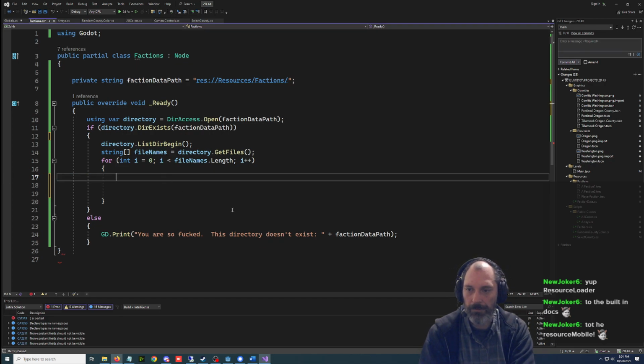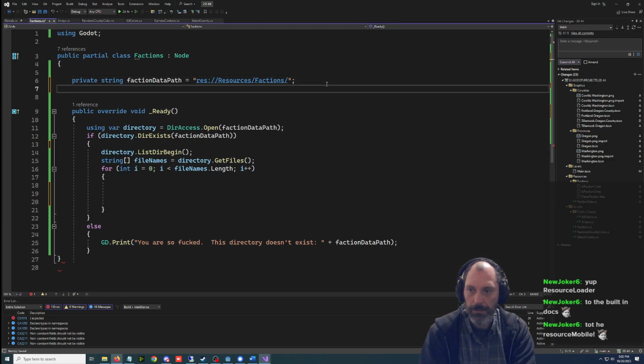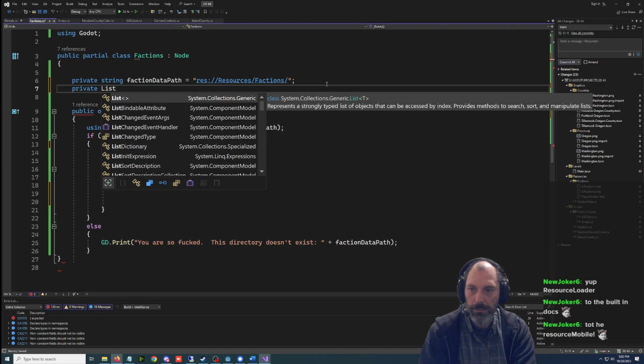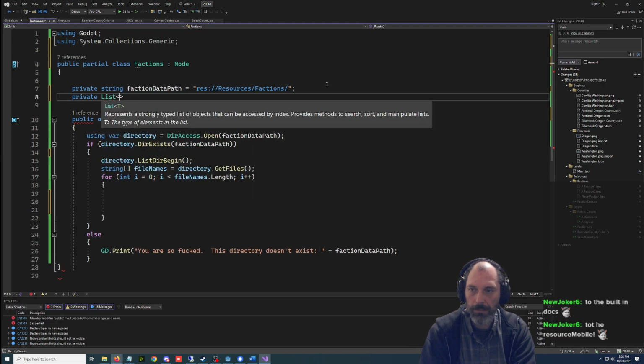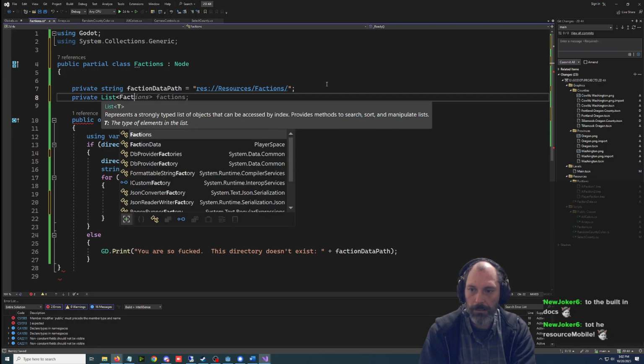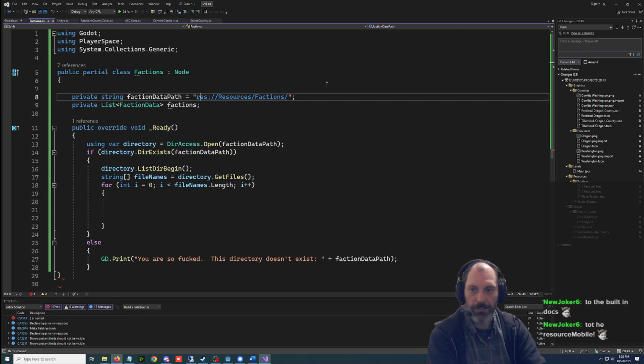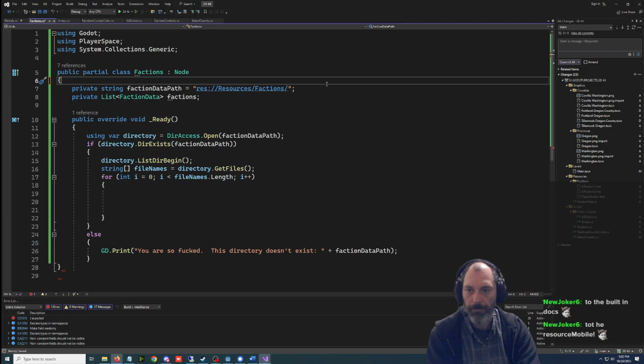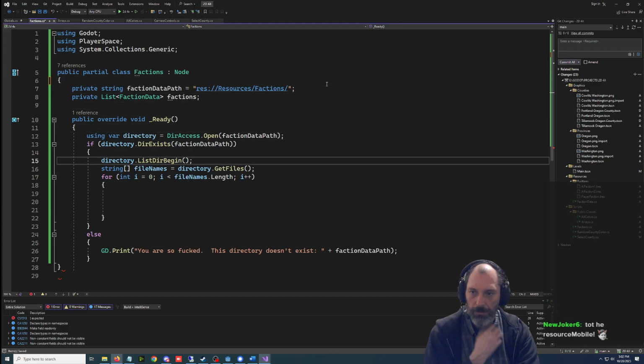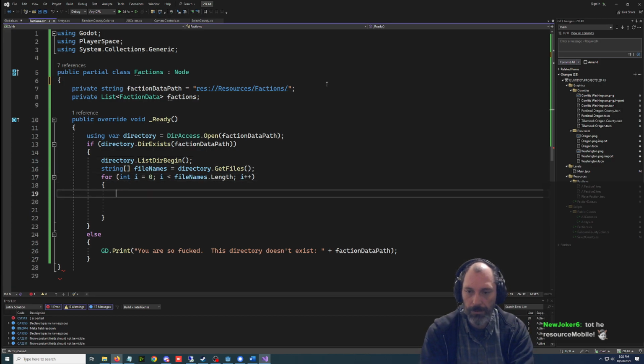So I think we need to have, I'm thinking, what do we need? We need a list. Right now it will be private. We're gonna need a private list of faction data called factions. And I might switch that to a dictionary. It depends how I need to access it. And I'm now more familiar with, well, I don't know anything about GD or Godot dictionaries. So what we're going to do is